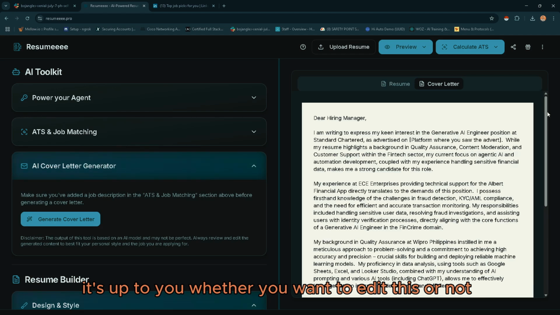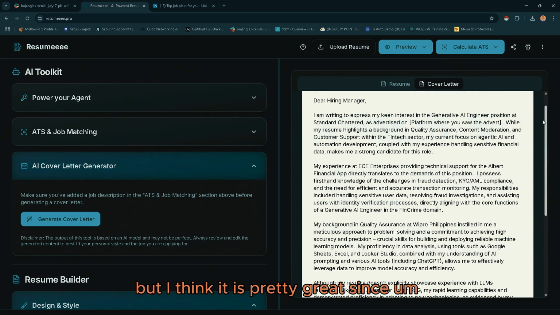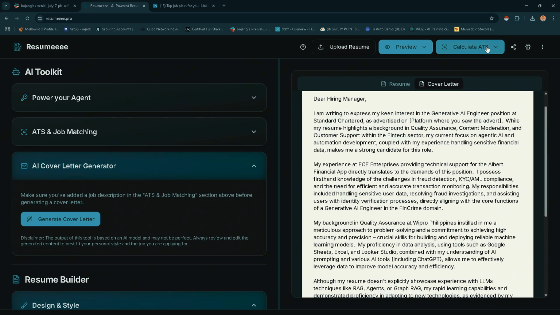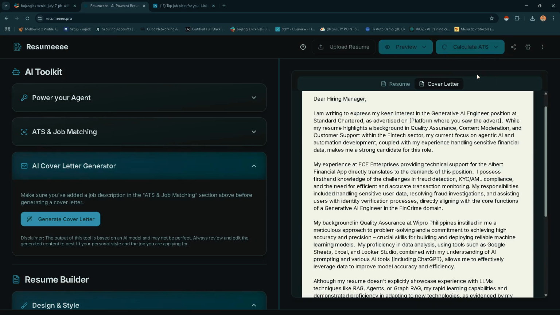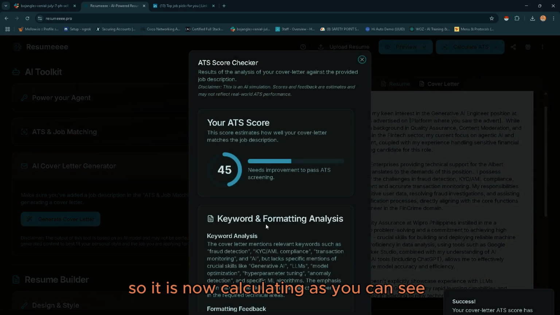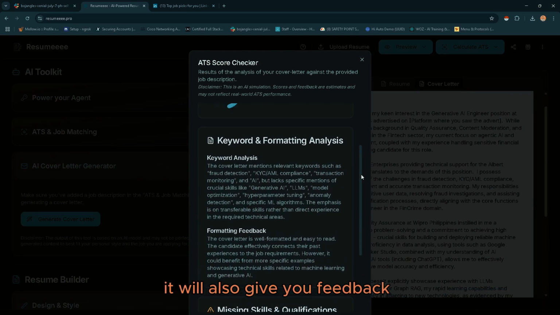It's up to you whether you want to edit this or not, but I think it is pretty great since our goal is to pass the ATS. It is now calculating, as you can see. It will also give you feedback.